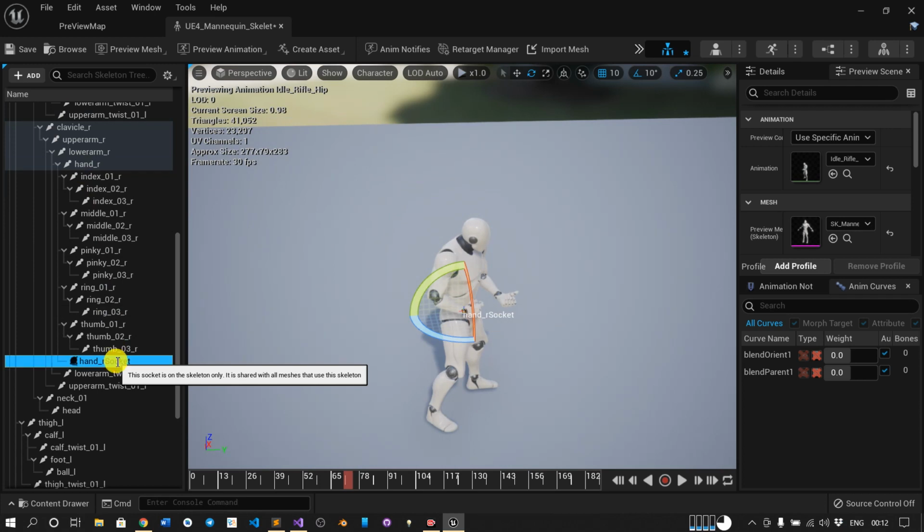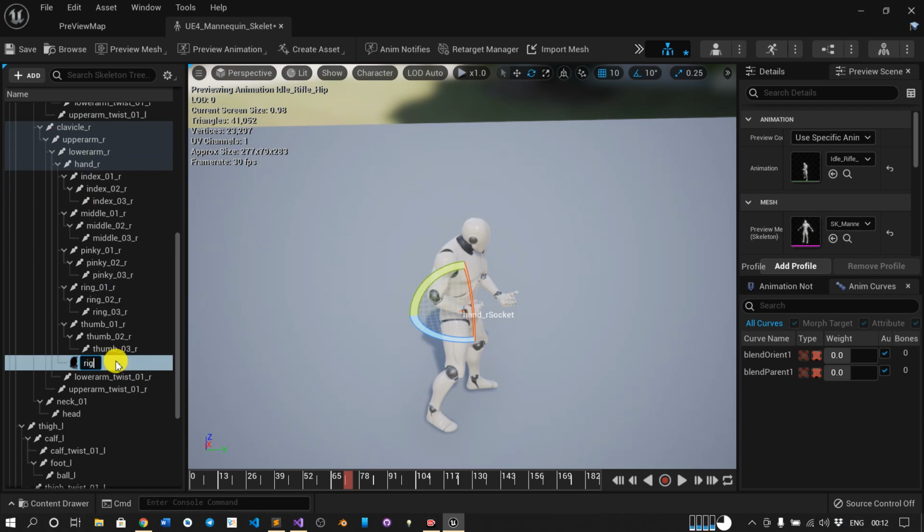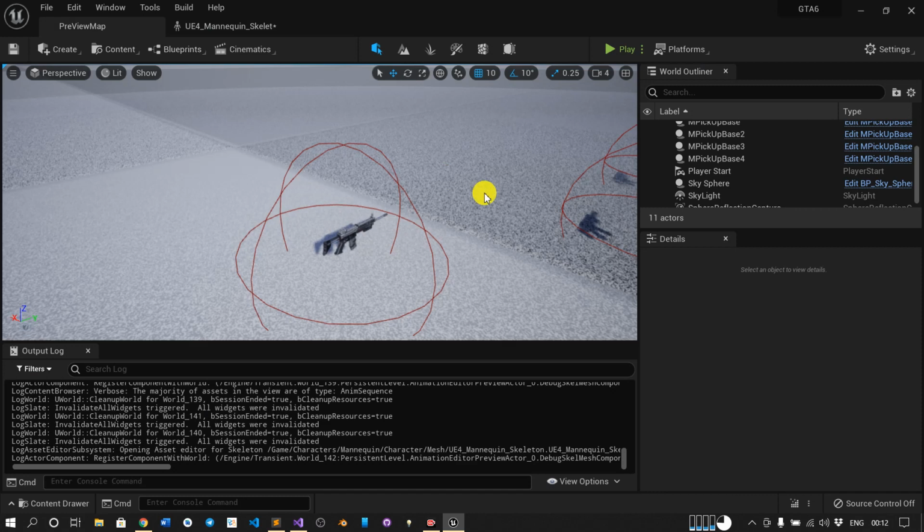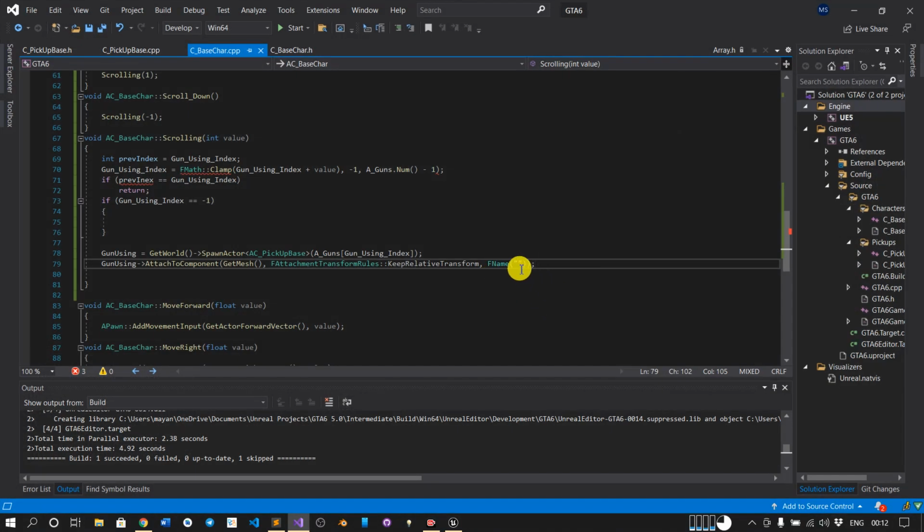So just rename it as rifle underscore gun hold R. Just copy this name and we will paste it here to attach to our component.